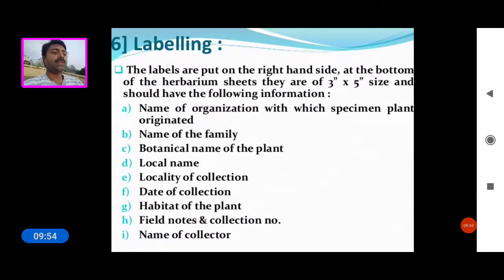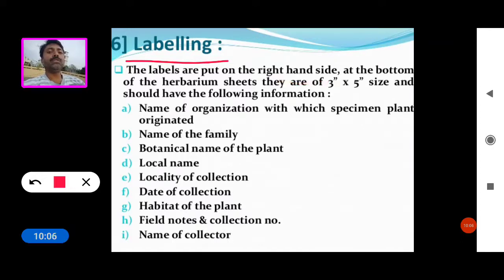And sixth step is labeling. The labels are put on the right hand side at the bottom of herbarium sheet. They are of 3 into 5 inches size and should have the following information.